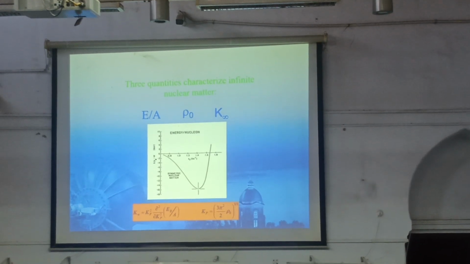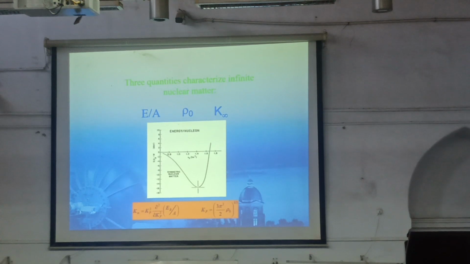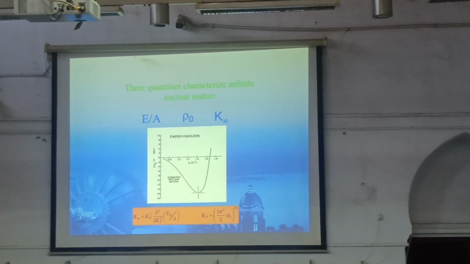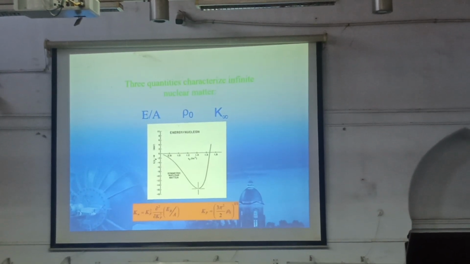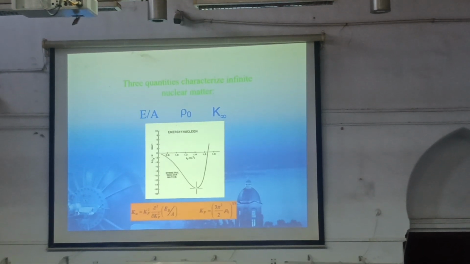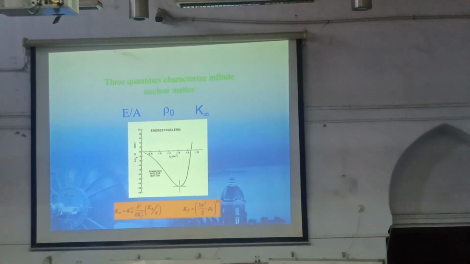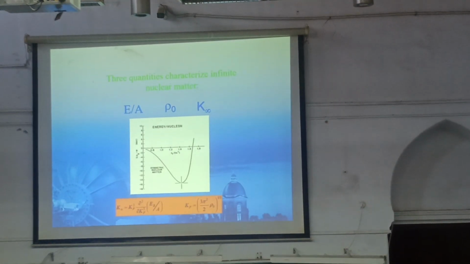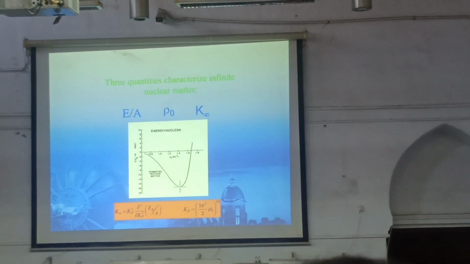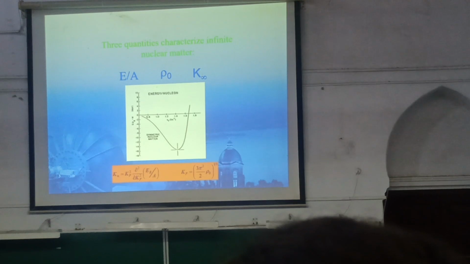Now the first two quantities are relatively easy to measure. Binding energy per nucleon, if you know a little bit of nuclear physics, you just measure lots of masses, they are associated with binding energy, you can figure it out. The central density is also relatively easy because you take a heavy nucleus and take something like an electron and do scattering, and from that you can get the density. Compressibility is not very easy to measure, again, because you cannot find something to compress.